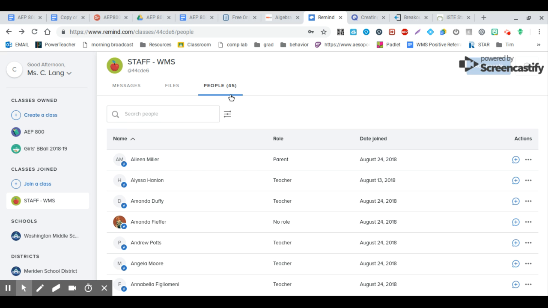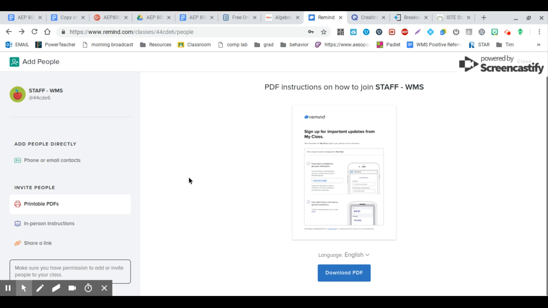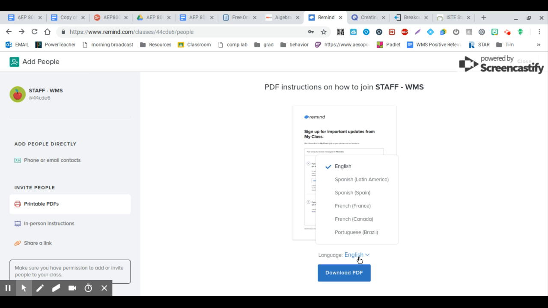And one last thing I forgot to mention before: if you come up to add people when you're under the people screen, over here you have printable PDFs. These could be forms that get sent home, paperwork, and they have the option of having different languages, which for me was really important because a lot of my students' parents speak Spanish.